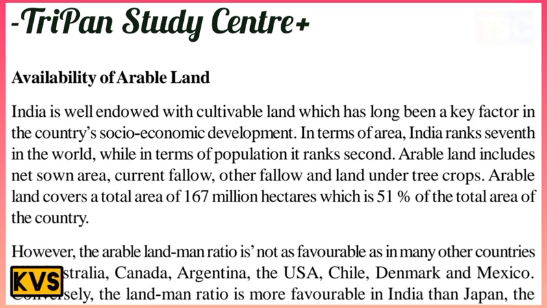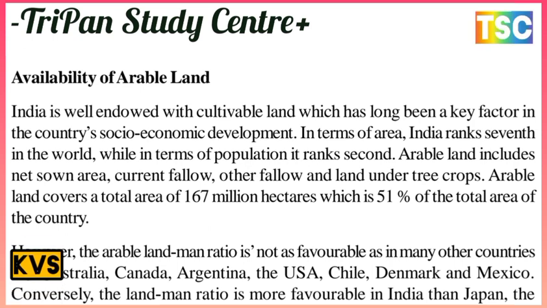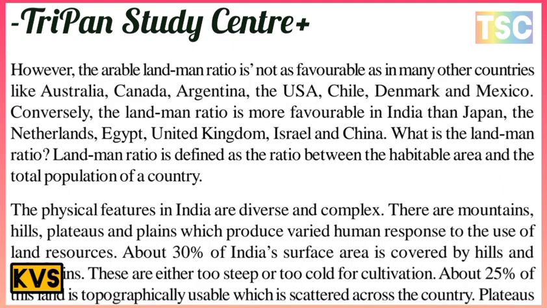Arable land includes net sown area, current fallow and other fallow, and the land under tree crops. Arable land covers a total area of 167 million hectares, which is 51% of the total area of the country. That is the most important point here. However, the arable land-man ratio is not as favorable as in many other countries like